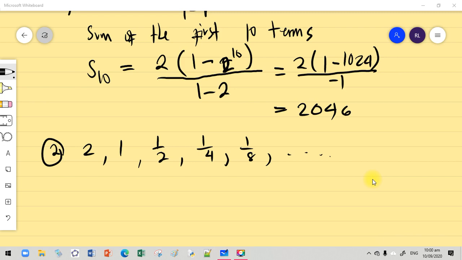The highlight of the sequence is, is there a way? Is it possible for the sequence to get to 0? Because from 2, 1, 1/2, 1/4, 1/8, it's getting smaller, smaller, smaller, 1/16, 1/32. That's becoming smaller, number 1. So this one will not actually reach 0, obviously, because if you're going to multiply, you will only reach